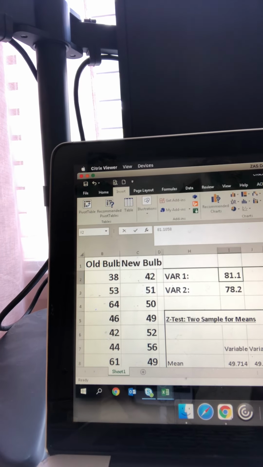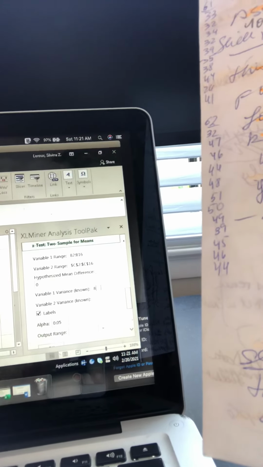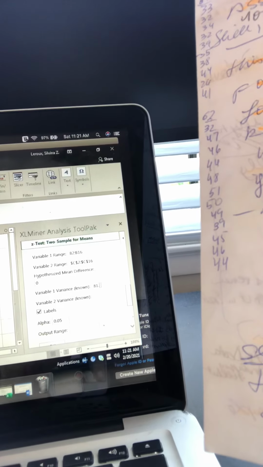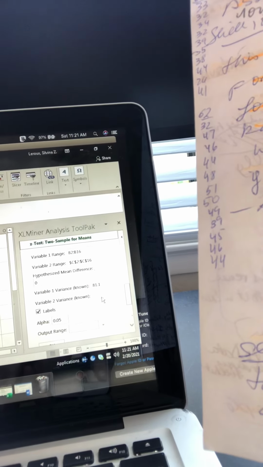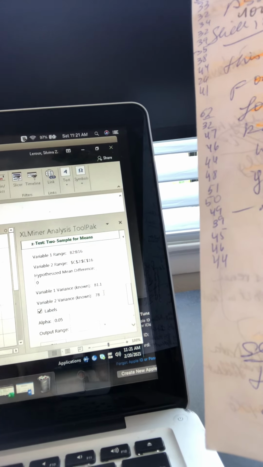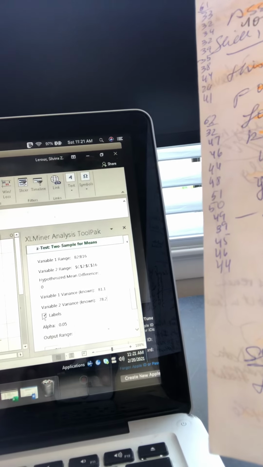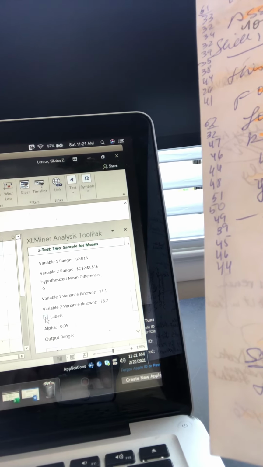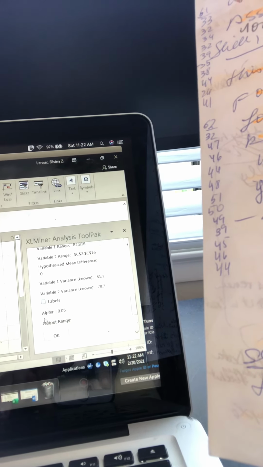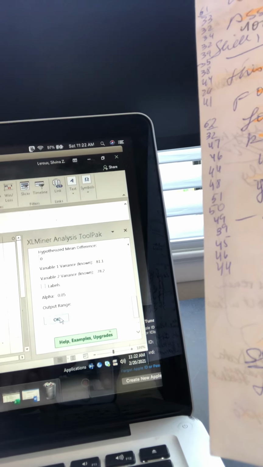So I'm going to indicate that it's 81.1 for variance 1, and for variance 2 it's going to be 78.2. In this case, I did not choose a label, so I'm going to uncheck this box. Our alpha error is already set at 0.05, so I'm going to leave that there,